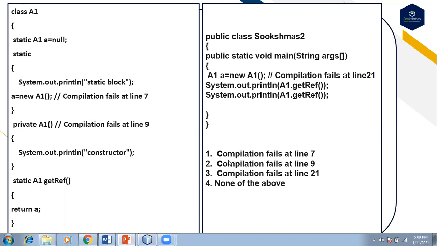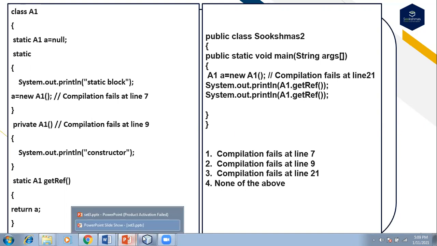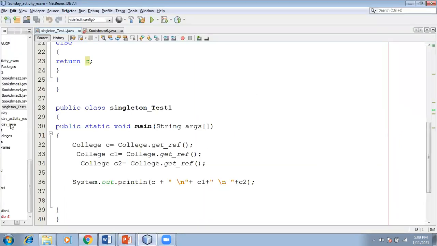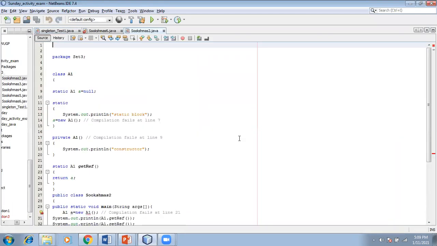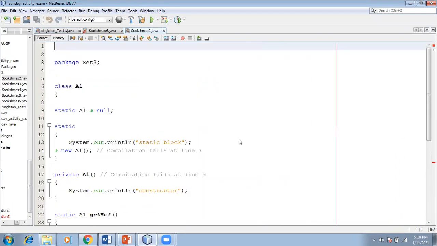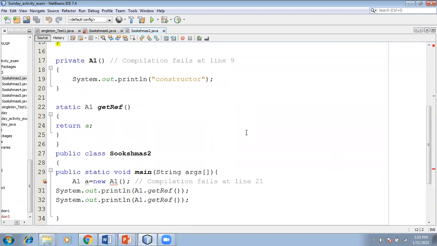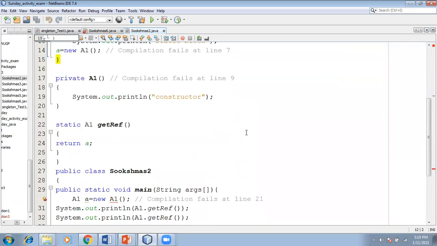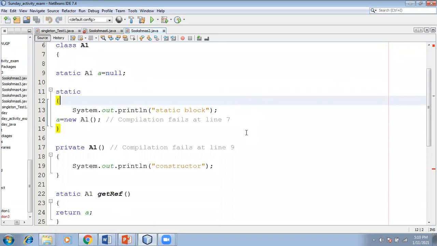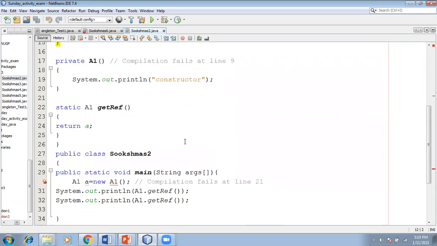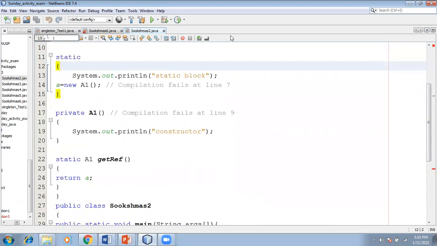So we'll run and show it to you. This is the code. Just observe here. This is another way of achieving the singleton class. Because of this private constructor, we are getting the compile time error.